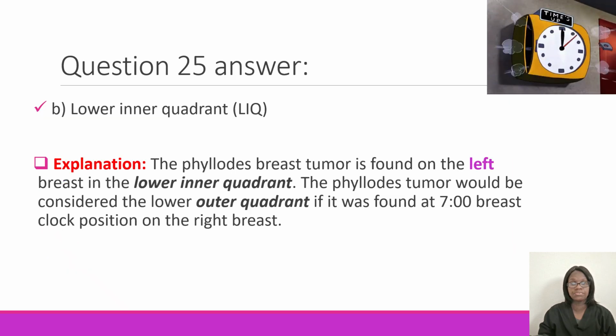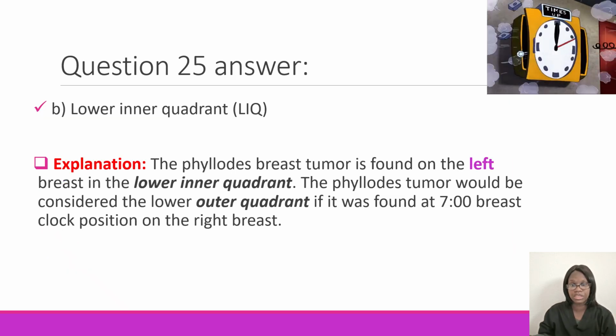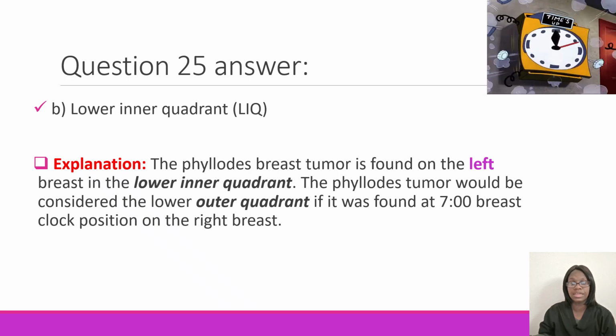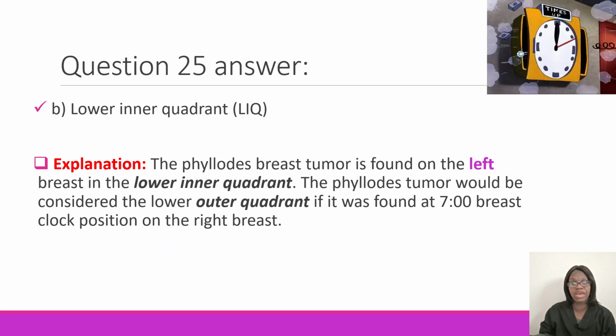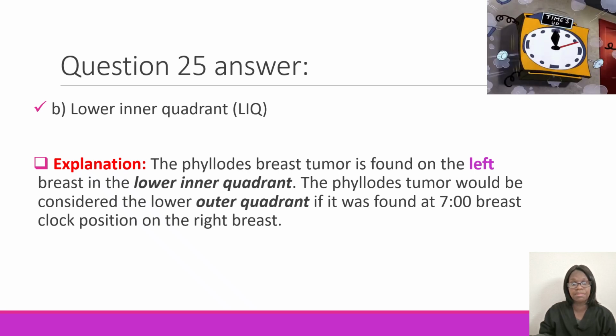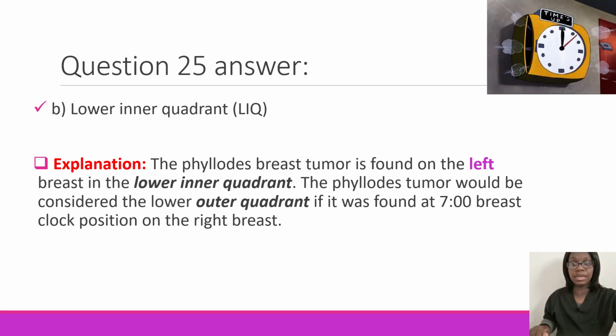Okay, the correct answer is the lower inner quadrant. The phyllodes breast tumor is found on the left breast in the lower inner quadrant. The phyllodes tumor would be considered the lower outer quadrant if it was found at 7 o'clock breast clock position on the right breast. So on the right breast,